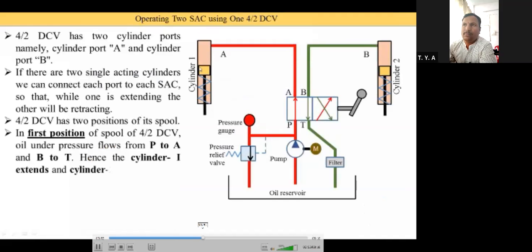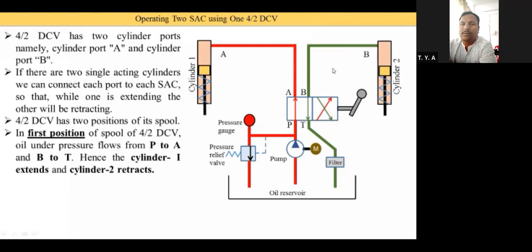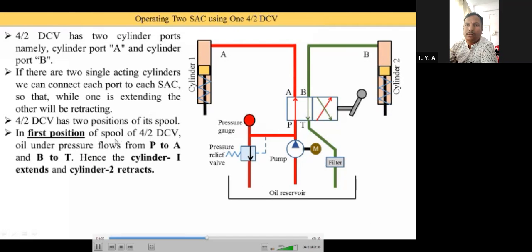So here you see this image for the first position. For the second position, I drew another image for the second position. Okay, so you can understand it easily. So in the first position of the spool of the 4x2 DCV, oil under pressure flows from